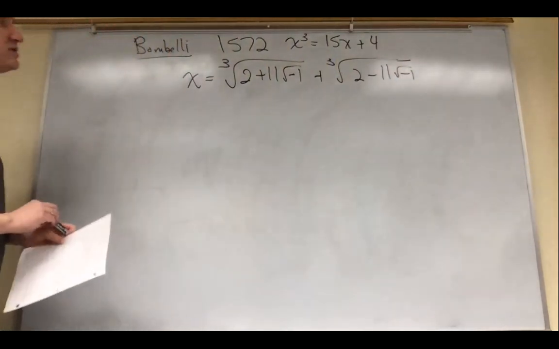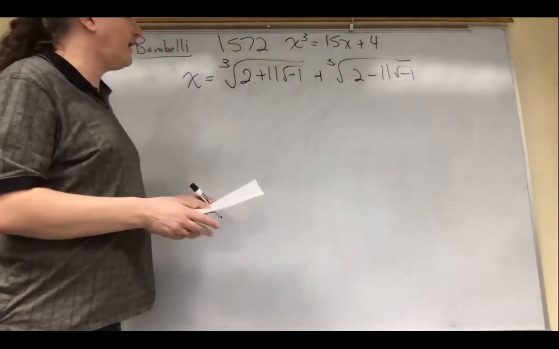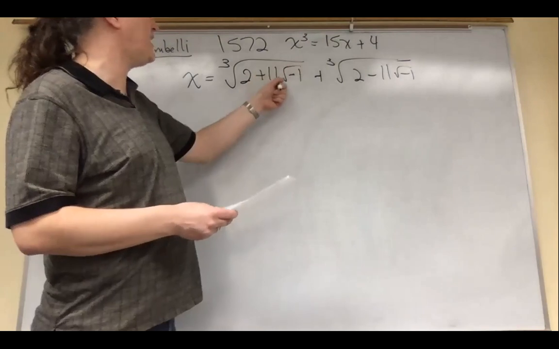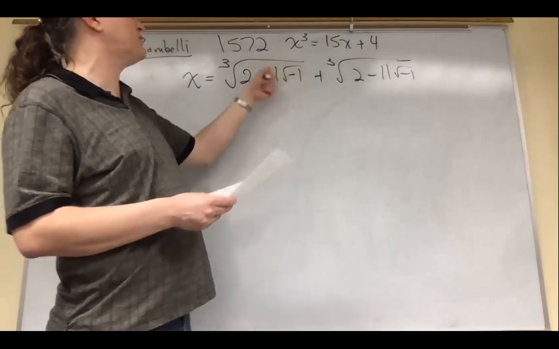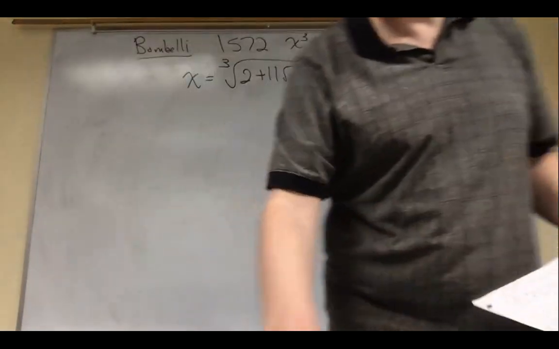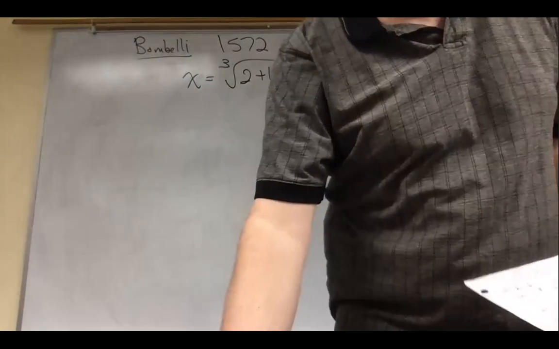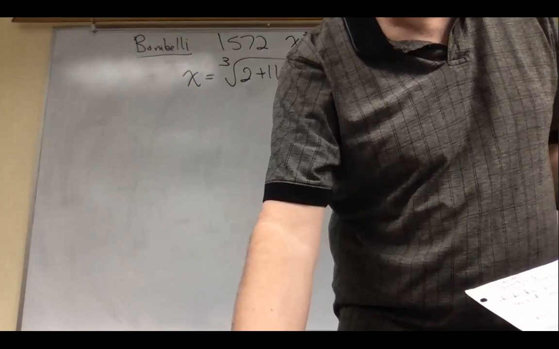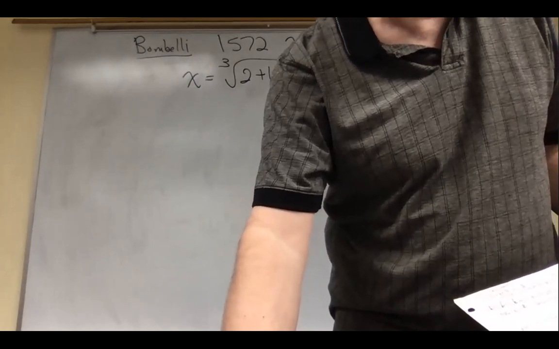And one thing that you should definitely notice here, this is the same as the square root of negative 121, the 11 times the square root of negative 1. And I will come back to show you